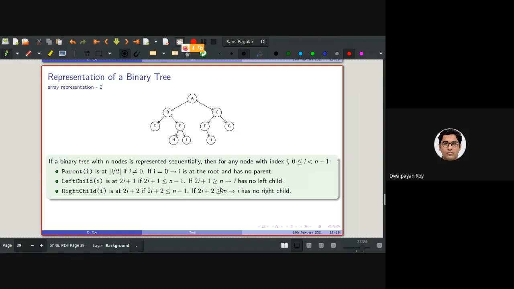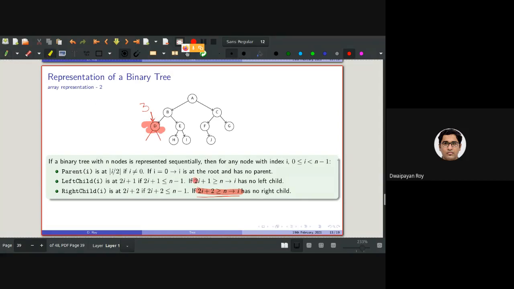Again there can be some confusion in this regard for this node. This condition can be tricky. If I consider the value of i here, the values of i are 0, 1, 2, 3. I want to know the left as well.